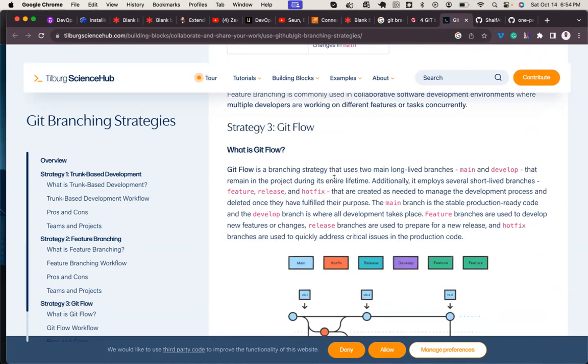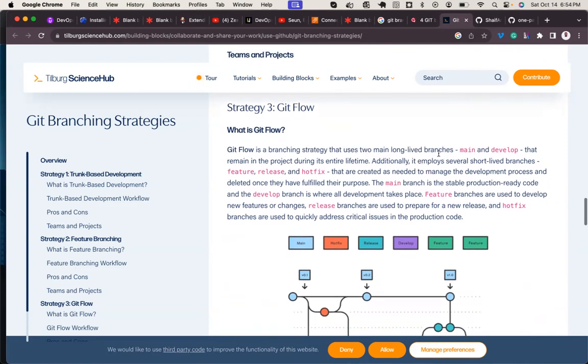Then Git flow. Git flow is a branching strategy that uses two main long-lived branches, main and develop, that remain in the project during its entire lifetime.